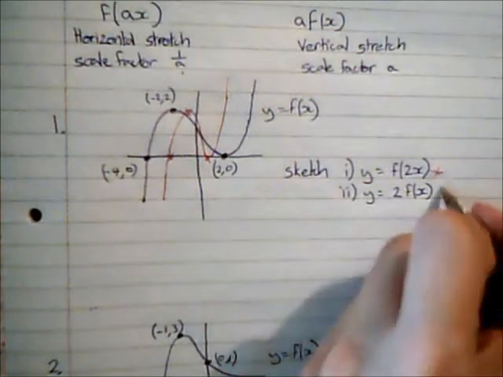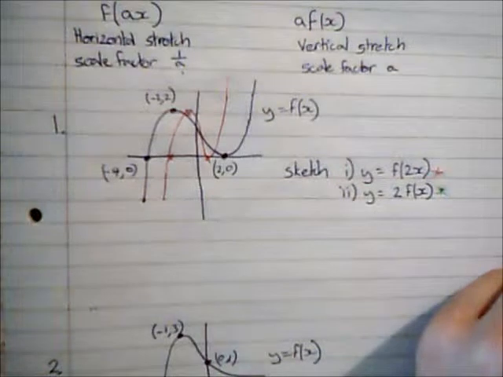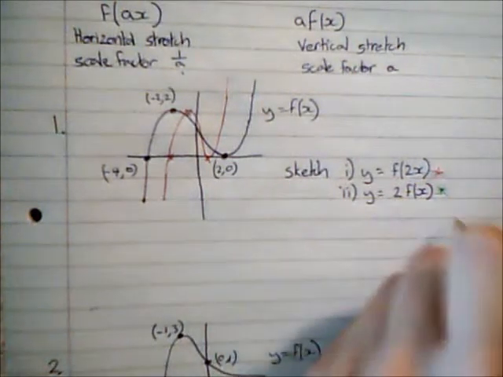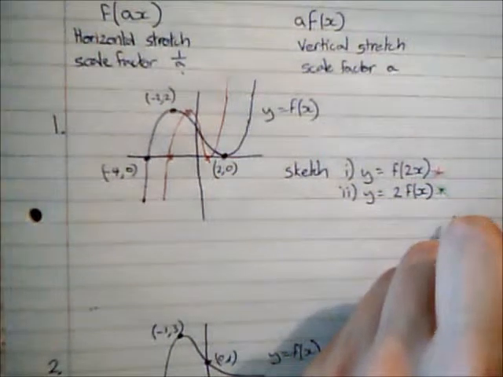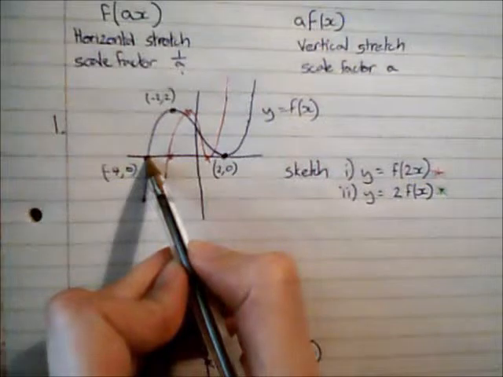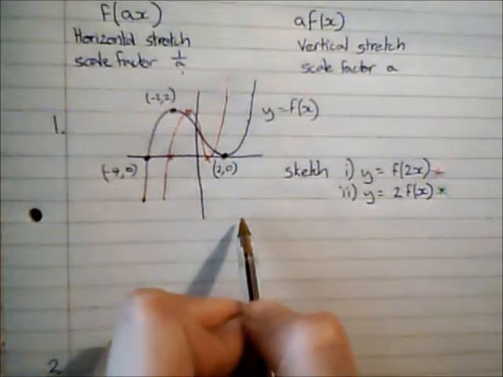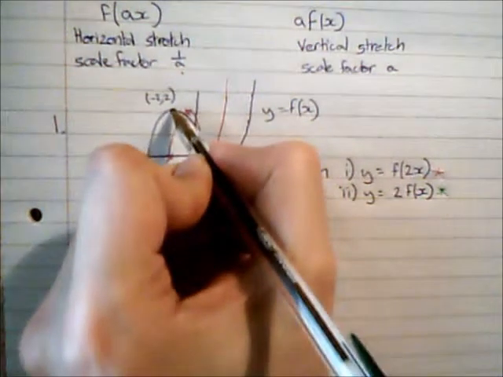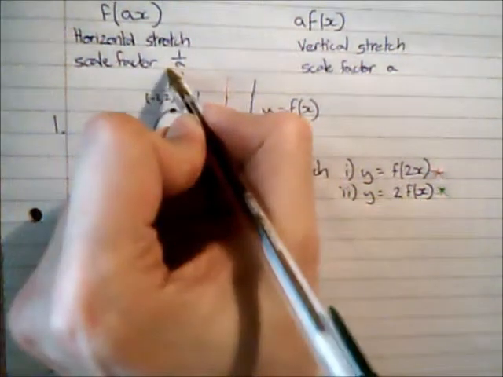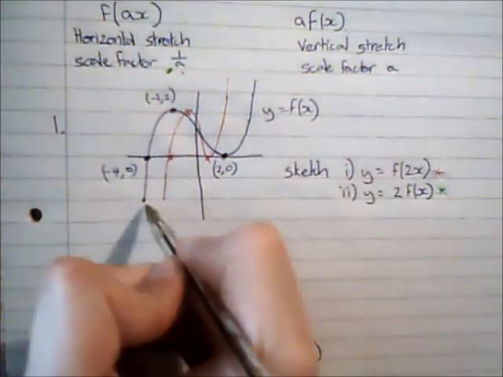So what is it going to look like if I have the second function here, so the second transformation? Well, here all my y coordinates are going to double. So the y coordinate here is 0, so double 0 is still 0. The y coordinate here is also 0, and double 0 is still 0. This y coordinate is going to double, 2 doubled is 4. So if I look at how this will appear,